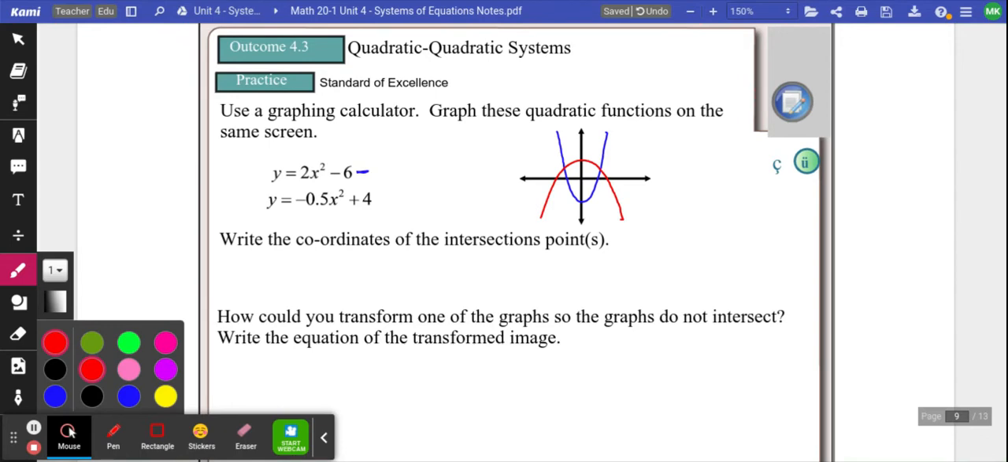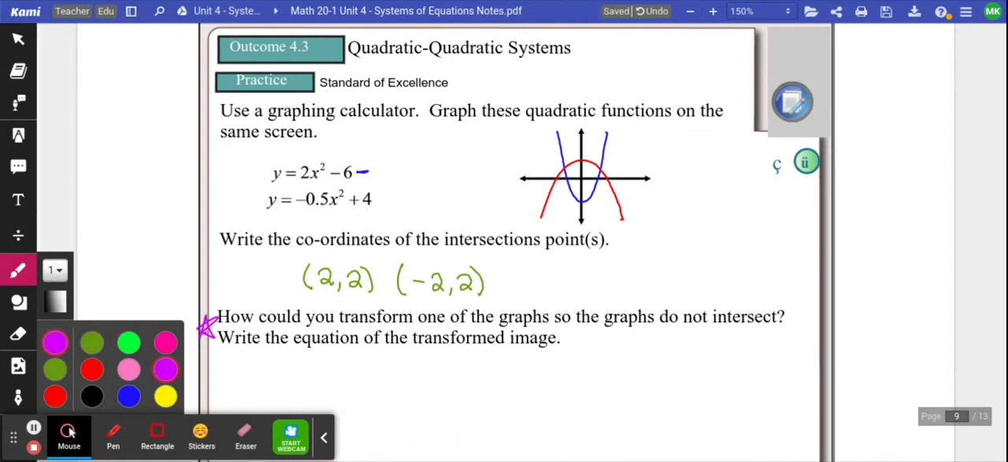All right. Write the coordinates of the intersection point. So if you did second trace on those two equations, move left or right, you're going to get two answers. It's going to be at 2, 2. That's one answer. And the other one I think is going to be negative 2, 2. But let's just ensure we are correct using our calculator. Second trace intersect. Yeah, look at that, negative 2, 2. Okay, now that's all kind of basic, right? This last part